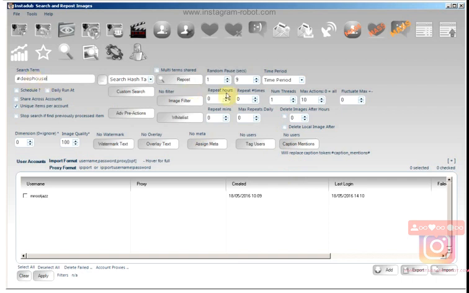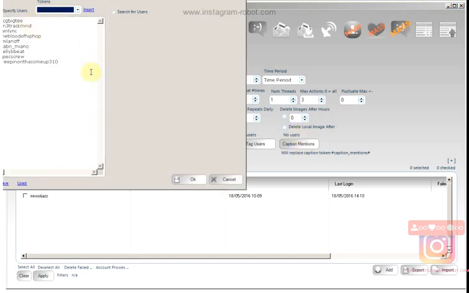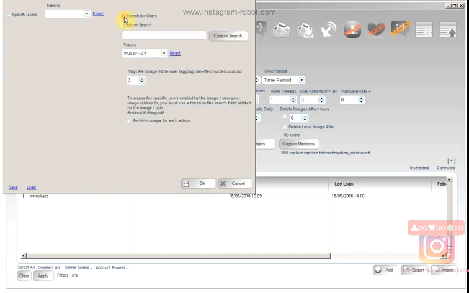This will perhaps find me 3 images which I'm going to repost. I could specify specific users here, but I want to scrape users based on the account which uploaded the image originally. This means what will happen is InstaDub will scrape an image. Let's say we'll call that image 1. Image 1 was uploaded by account 1. So we want to then scrape the followers of account 1,